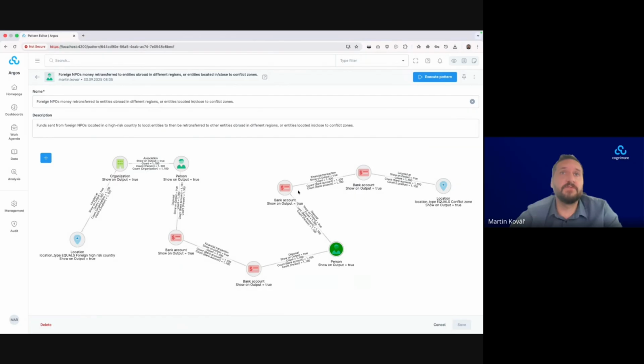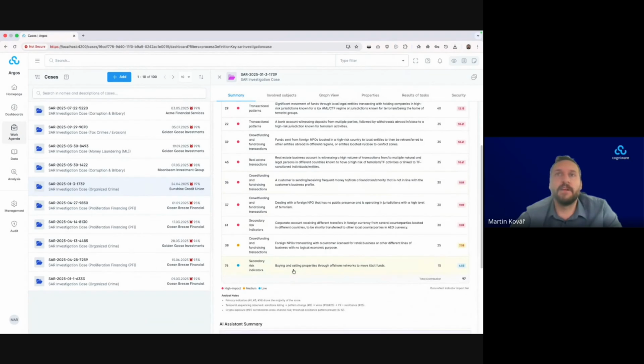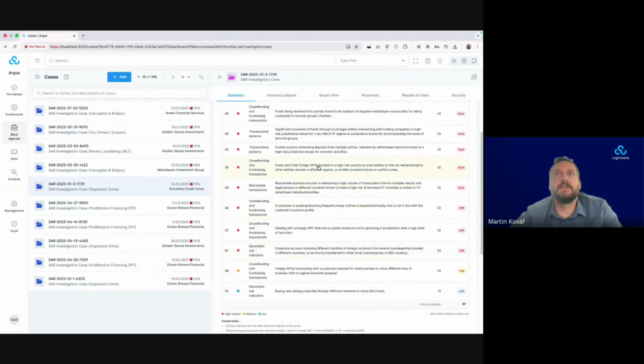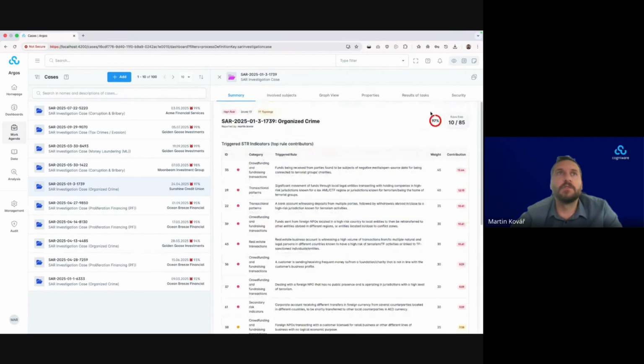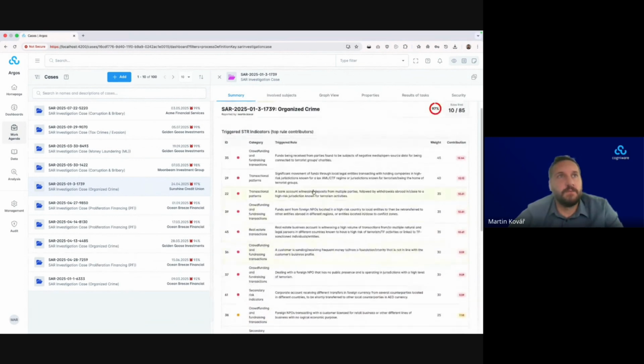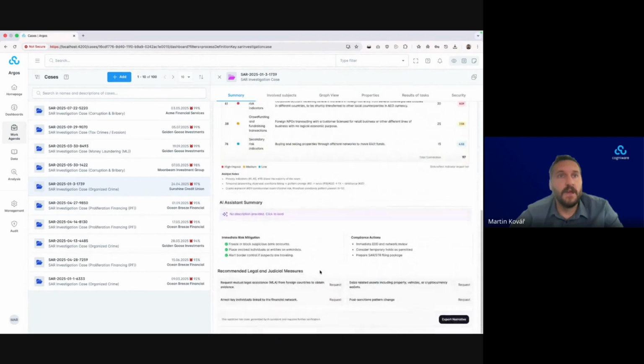This person is distributing these funds to another account, which is in a different jurisdiction based on your watch lists again. So you can have like 85 or whatever number of these rules, and these are highly configurable. You assign weights to them, and by combined weights, you can see the total score calculated. Now, in this dashboard, we are presenting the explanation for the total score by listing the rules, but also we